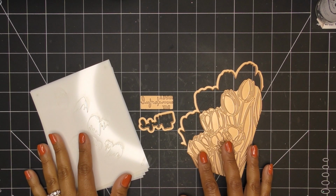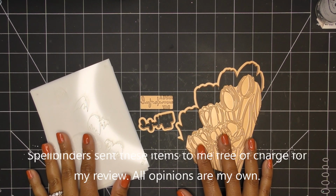Hi guys, so today I have these wonderful tulips to share with you, part of the new 4-petal collection from